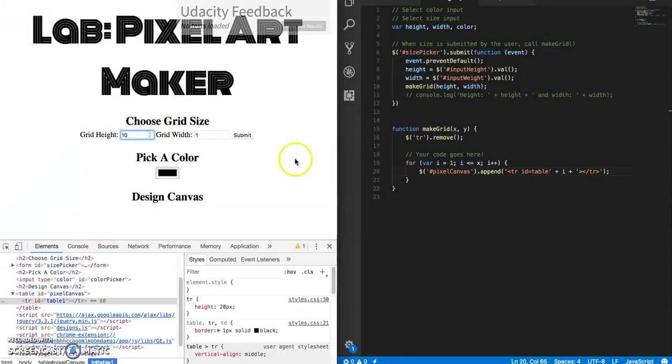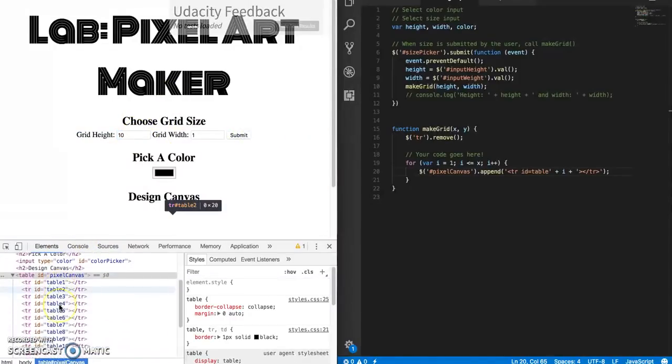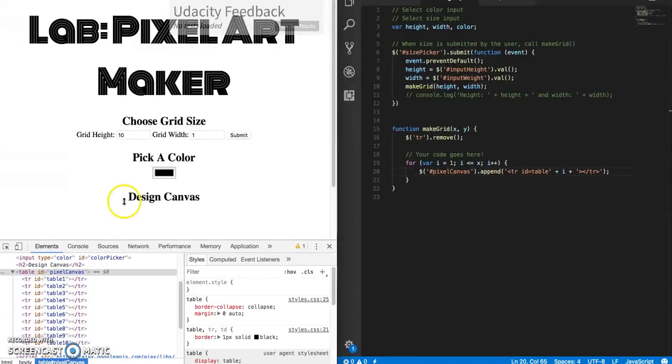Let's put 10 in there and see what happens. So good, we have 10 rows. They're just not showing up yet until we get the rest of the data. So far so good. Alright, so now that we have that, we're going to need another for loop. Let's just call this j. It's going to look exactly the same. So j is less than or equal to